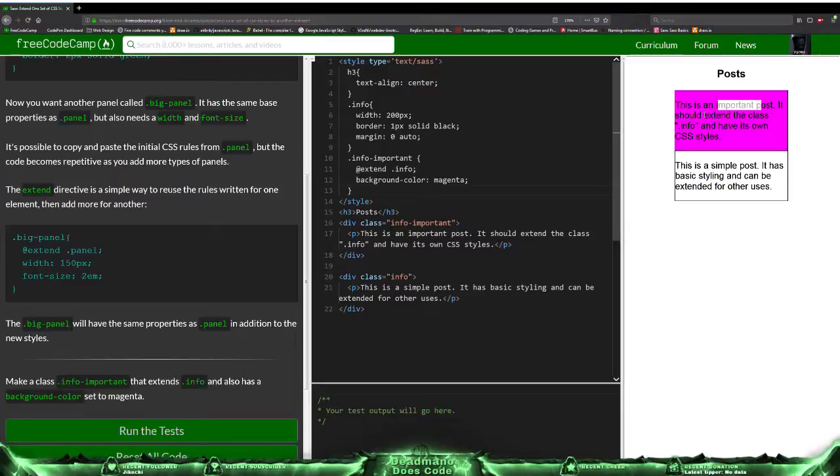This is an important post. It should extend the class info and have its own CSS styles. That's cool. I actually like that. So not so much the variables where you start doing for and if loops and all that crazy stuff, but this kind of stuff is super useful. Because the amount of times, for example, my buttons or whatever, they're all pretty much the same except for one or two things. So if I have a base for that, and I mean then again I could just have classes and the non-repetitive ones I just add the extra stuff onto it, but I mean,